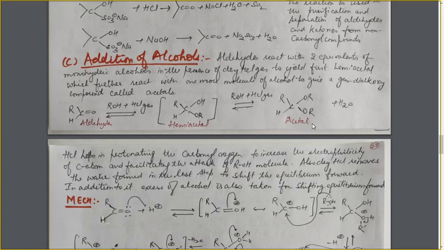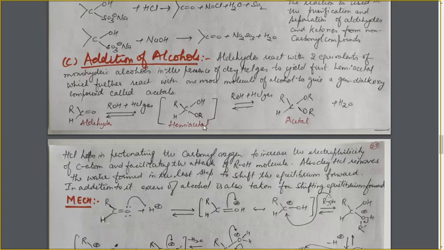Now, how are we writing the reaction? This is an aldehyde. How is this alcohol molecule getting added? In this alcohol molecule, the OR group, the alkoxy group, will move to this carbon atom as a nucleophile, and this hydrogen will go to this oxygen atom. We will get OR, and this oxygen will be converted into the OH group, that is hemiacetal.